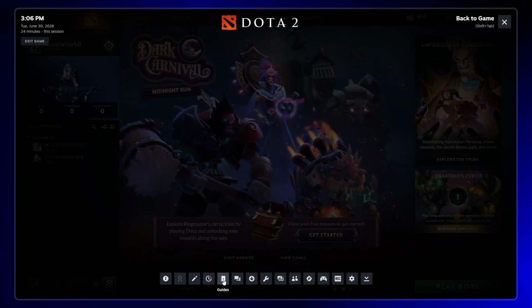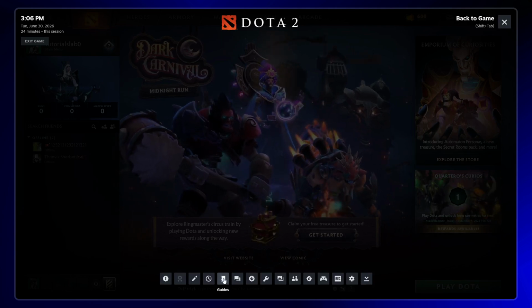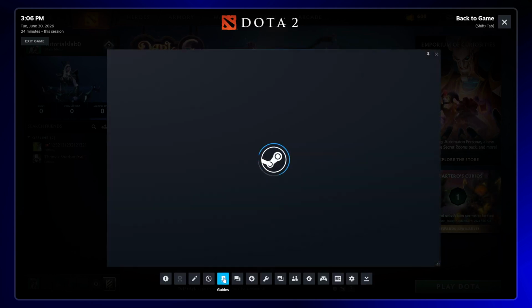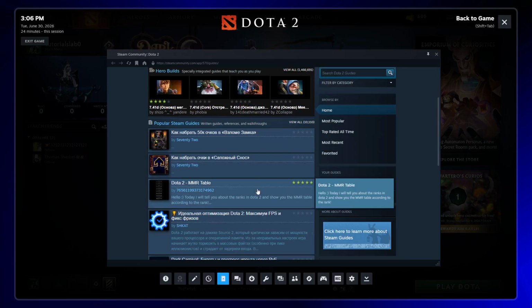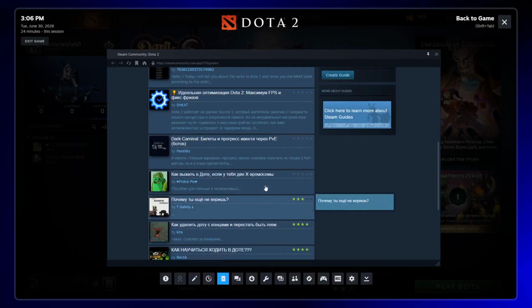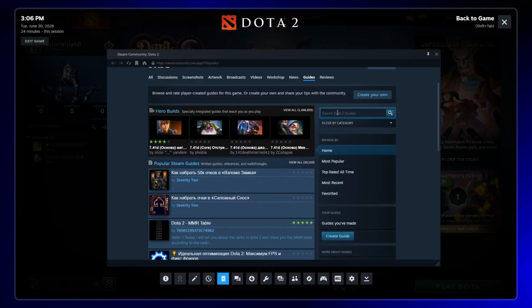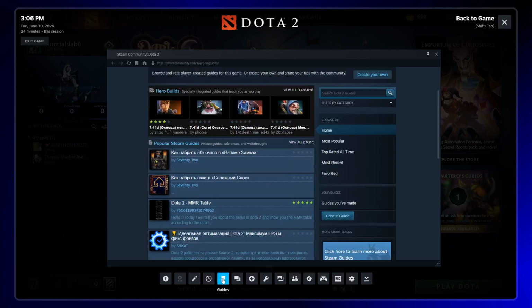At the bottom of the Steam Overlay, click the Guides button. This will open the guides section where you can browse through various community-created guides for the game you're currently playing. You can now browse through guides, search for specific tips, or find solutions to any challenges you're facing in the game. And that's it. You've successfully enabled and accessed Steam guides through the overlay, making it easy to get help